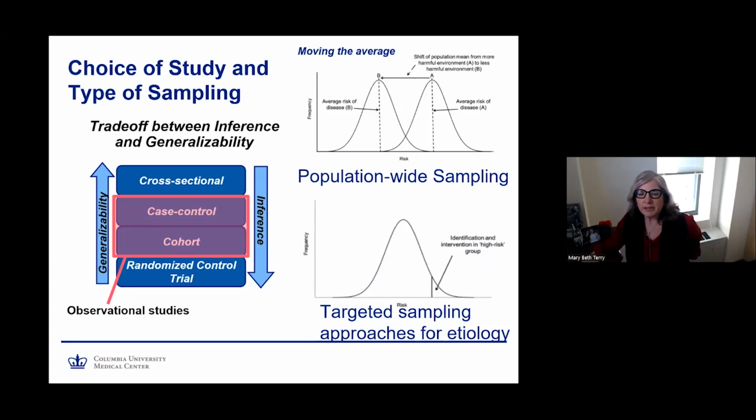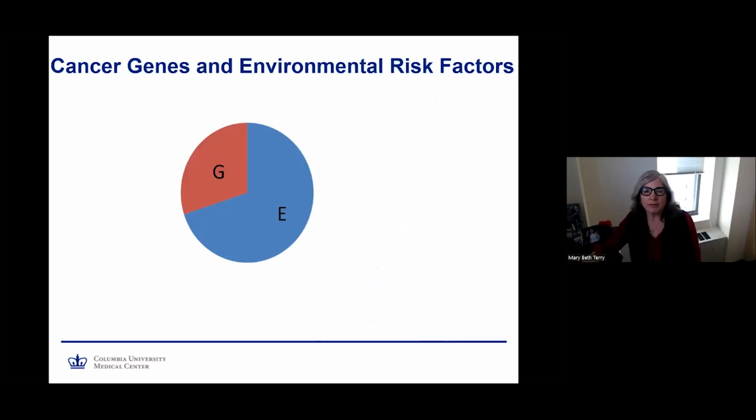However, what I hope to convince you of in this brief overview is that population-based cancer research studies will be underpowered to detect gene-environment interactions, as most cancers are identified much later in life. And more targeted sampling, ensuring that there is enough power in each strata for research on omics, will be needed for valid inferences. We need to move beyond the average.